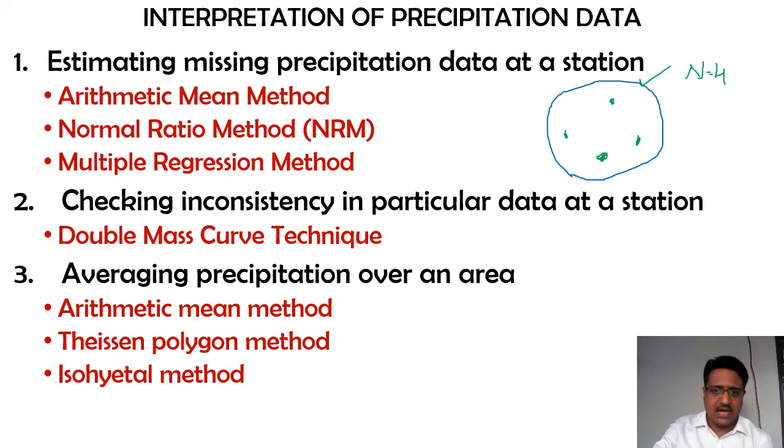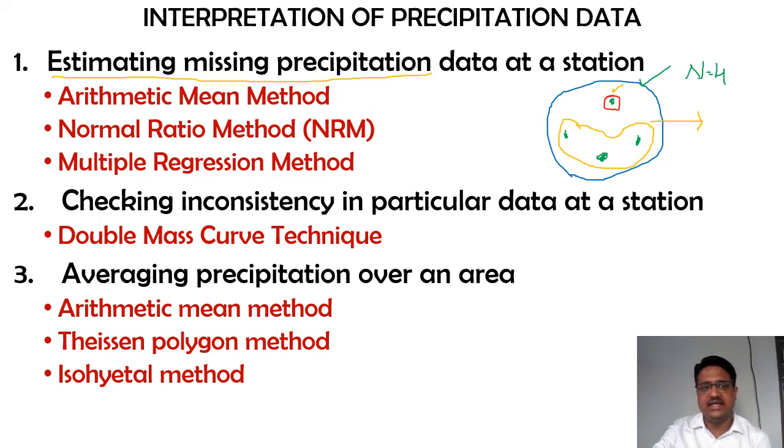But unfortunately, imagine that one of the rain gauge stations has stopped working. At that point you still need the total amount of rainfall occurring in this entire area. If you want the entire catchment area to be considered, all 4 rain gauge stations need to be working. But right now one of them is not working. So estimating the missing precipitation utilizes the remaining 3 rain gauge stations in that catchment area,